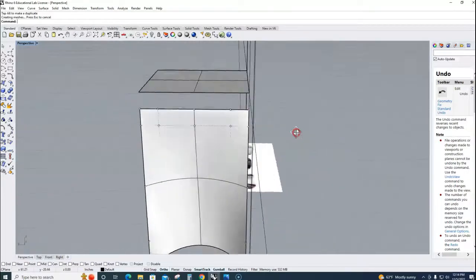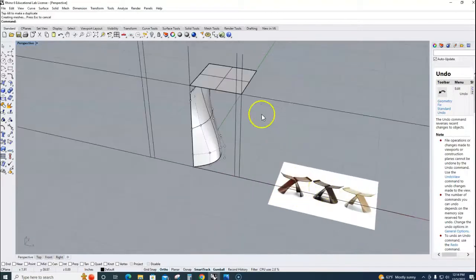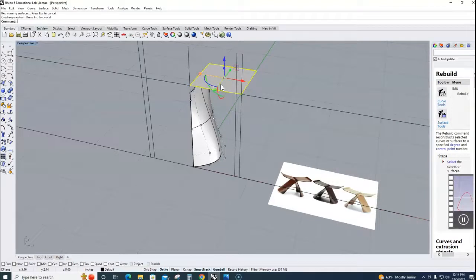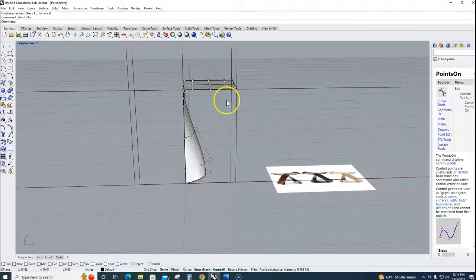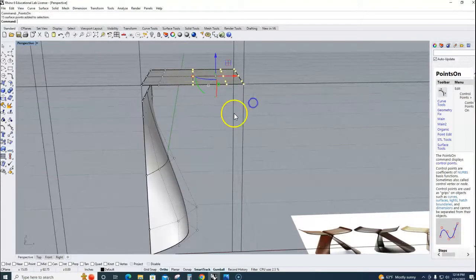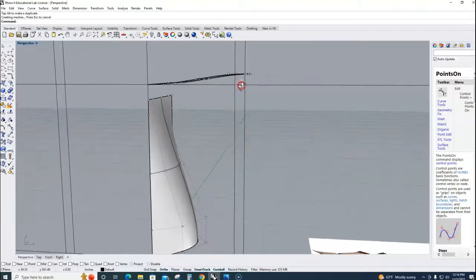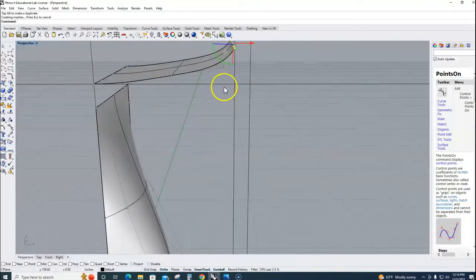Maybe, just maybe. Yeah, I think that's going to be good for now. And then now let's do the seat portion of it. So I'm going to select that, go to rebuild, again 5 by 5. I'll take it. And in this one, it's just really a subtle vertical. So I'm going to take these 3 guys and kind of nudge it up. These 2 guys, nudge it up. And this guy I'll pull up and back just to give it a tighter